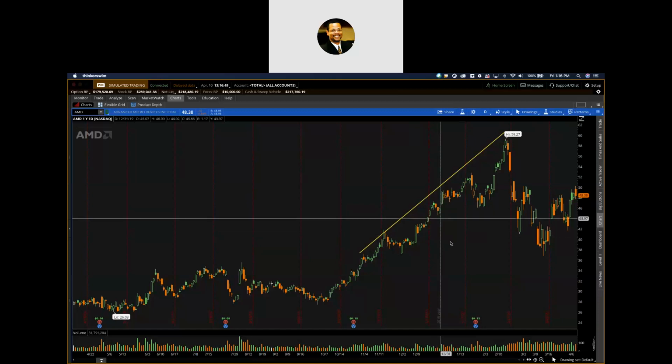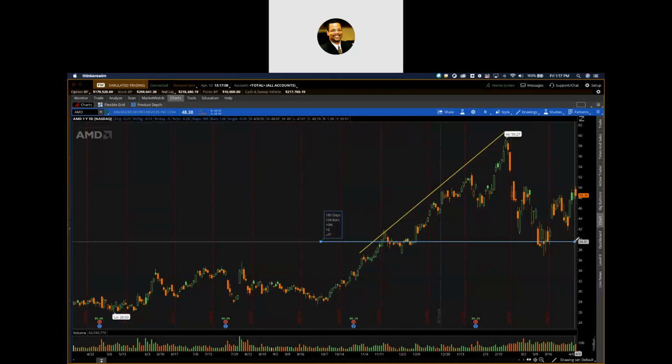Then I noticed it has dropped down and kind of hovered in an area where it's been before. So just for my visual acuity, once again, I'm going to put some visuals there so I can see where that's at. So I put another line. I love lines that intersect.